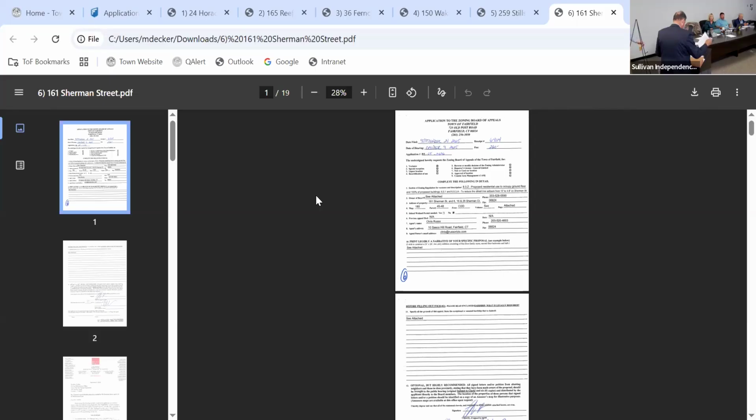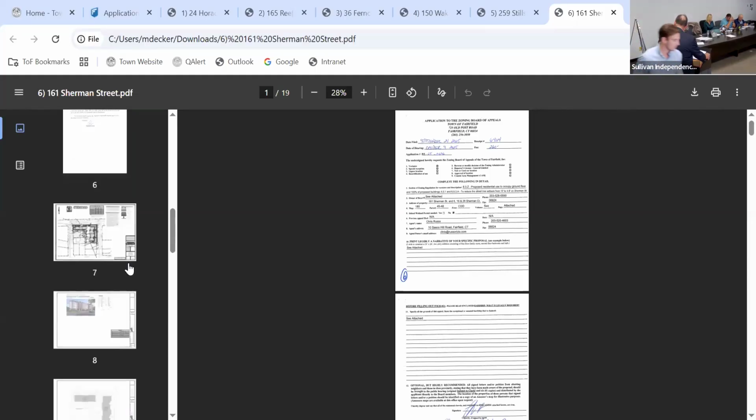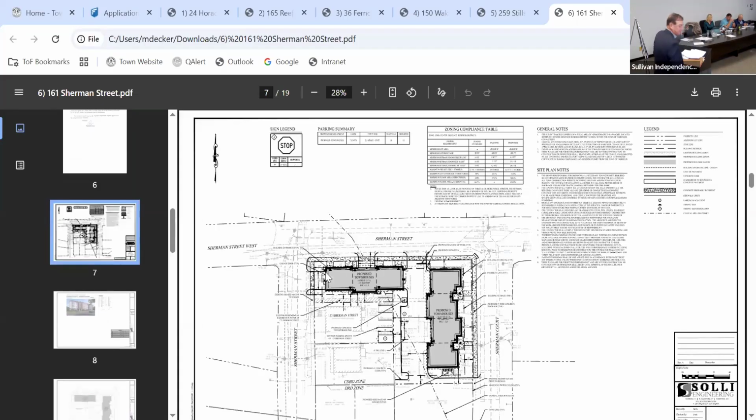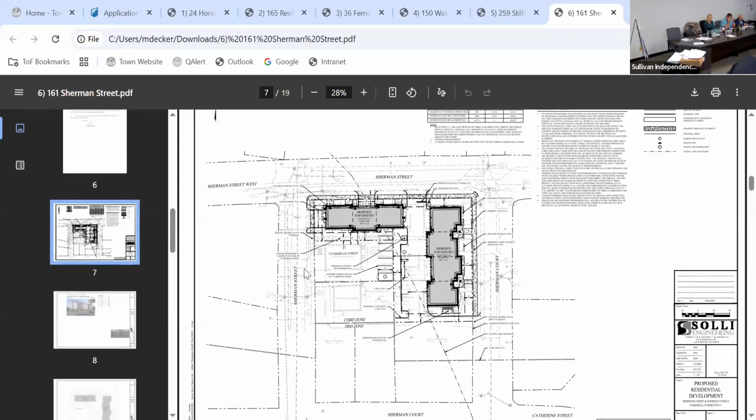Okay, I'm going to read your application. Are you ready? Yes, I am, Chairman. 161 Sherman Street and 616 and 26 Sherman Court, map 180, parcel 45 through 48. Petition of 161 Sherman Street LLC, Dante R. Galucci and Peter J. McGinnis, Boggs LLC, and Robert J. Desari and Maria C. Desari, co-trustees of the Desari, I'm saying that wrong. How do you say it, Matt?